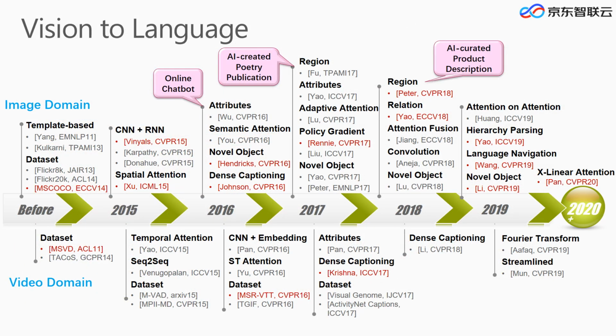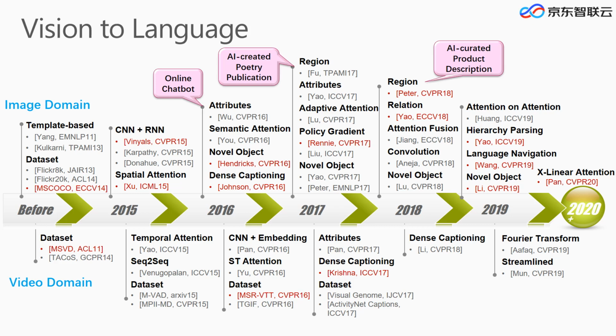So here we show the technical landscape of vision to language. The year 2015 is actually the very beginning of image captioning. Before that, the mainstream of captioning was template-based methods in the image domain. The basic idea is to detect the objects or actions in the image and integrate those words into predefined sentence templates, such as subject, verb, and object, SVO. At that time, most of the image captioning datasets were already ready to use, such as Flickr 30K and MS COCO.